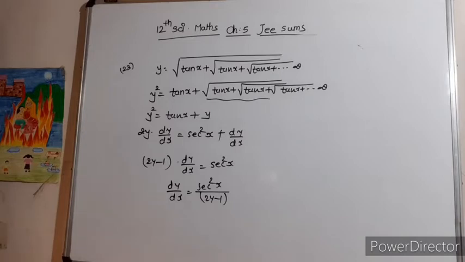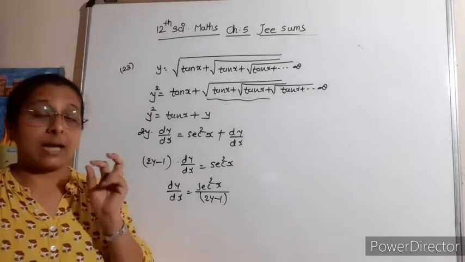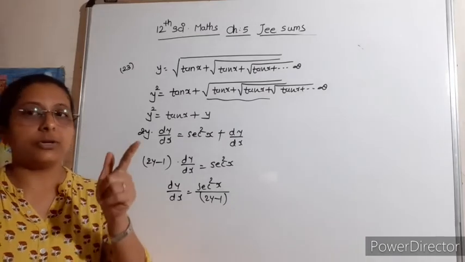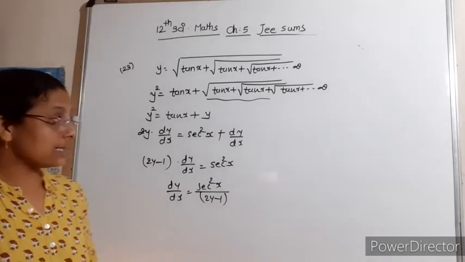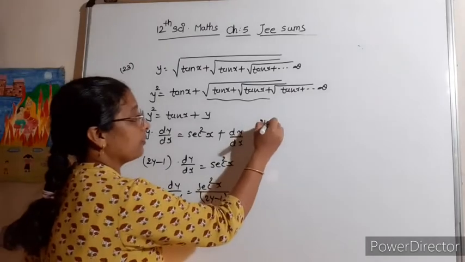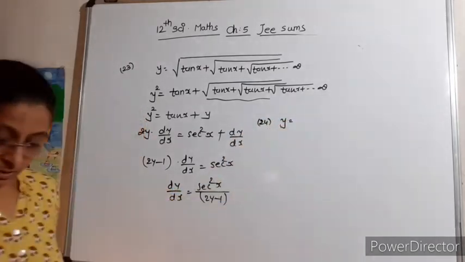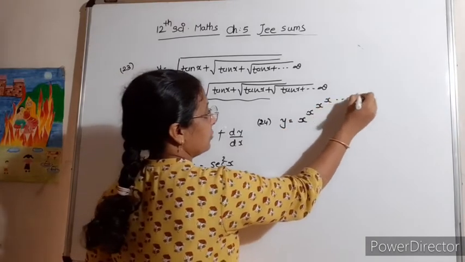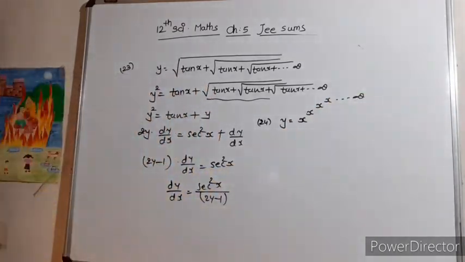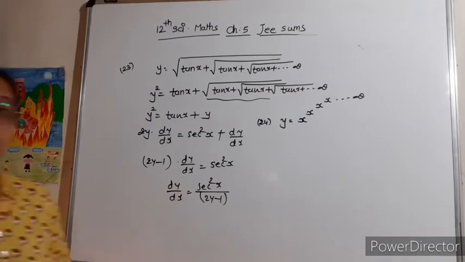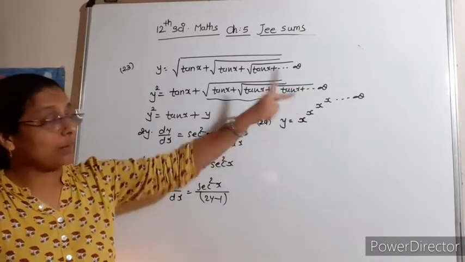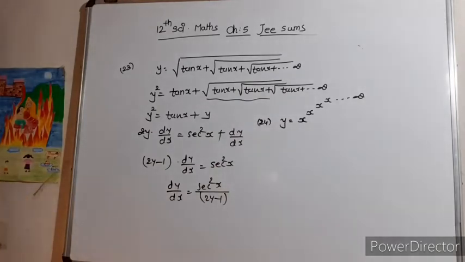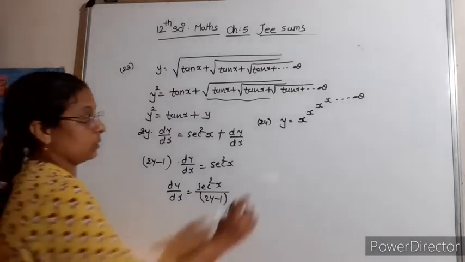One more sum just like this, I will give you 2 minutes to do it yourself. You can do it yourself. That is sum 24. y is equal to x raised to the power x raised to the power x up to infinite, right? So when x is in the power, again what will you do? The whole power will come in front when you take the log. So here that is equal to what? log y is equal to